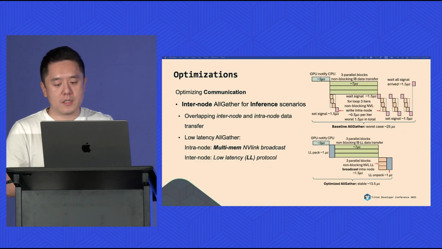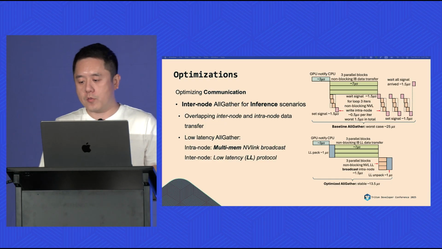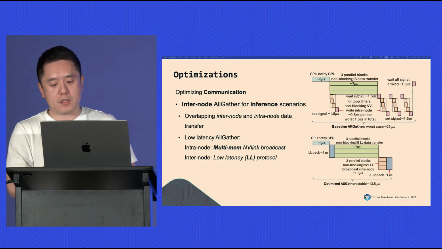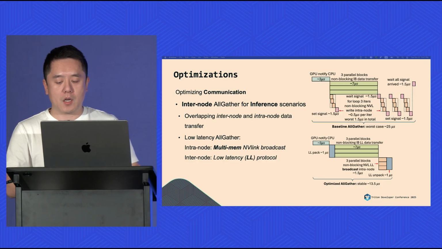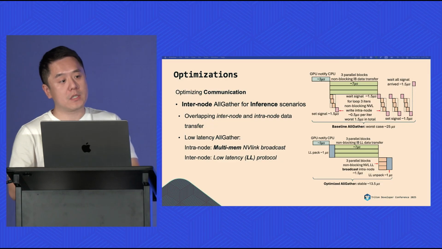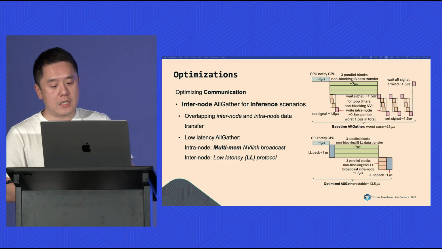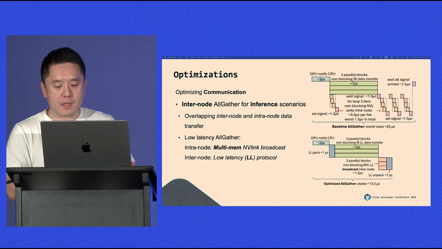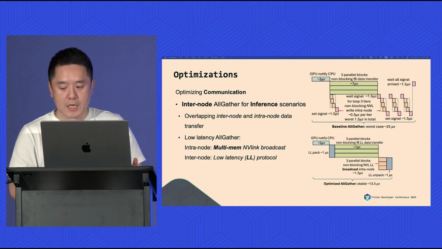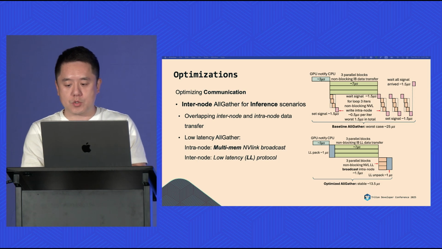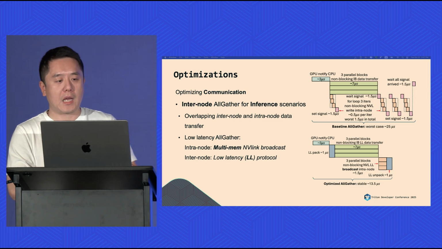So in this slide, we show the low latency communication altogether for small message scenarios. Basically, we use NVSHMEM shared memory primitives for the intranode broadcast, which is the multimem operation. And we use a low latency protocol for internode data transfer. In detail, the multimem primitive does the NVLink broadcasting. This is a PTX instruction that stores the data to all the ranks